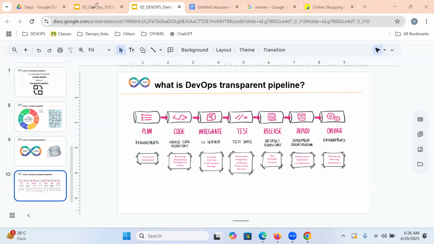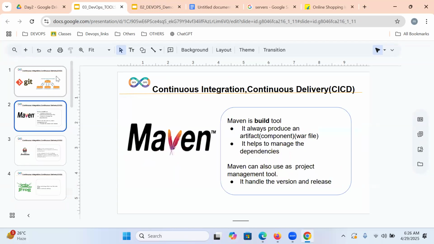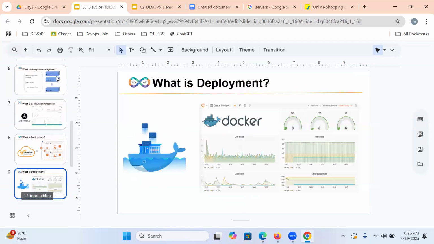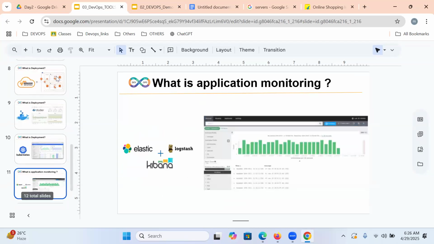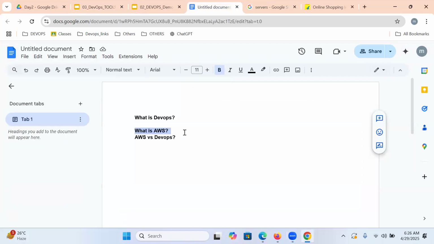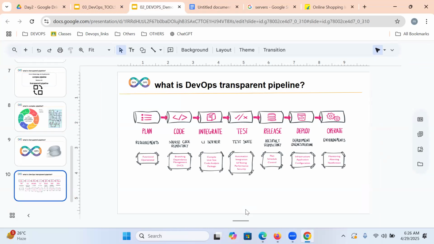Not only these tools, Git, Maven, Jenkins, JFrog, SonarQube, Docker, Kubernetes, ELK, Terraform, we require one more thing, which we call infrastructure.